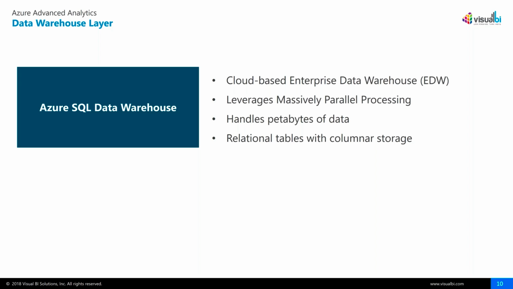All right, so moving up in our architecture to our data warehouse layer. So here we're utilizing Azure's SQL Data Warehouse, and it's going to support an OLAP structure that we have defined. So what is the Azure SQL Data Warehouse? It's a cloud-based enterprise data warehouse, and it leverages something called massively parallel processing, or MPP. MPP is data distributed over 60 computing nodes, and we have the ability to define the distribution strategy per table on that. So very powerful. You can quickly run very complex queries across massive amounts of data in this technology.